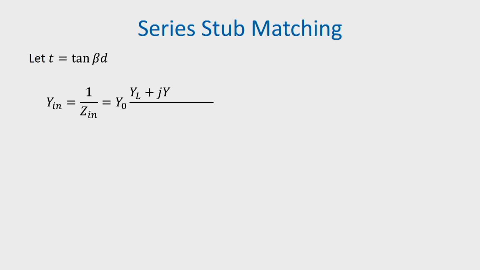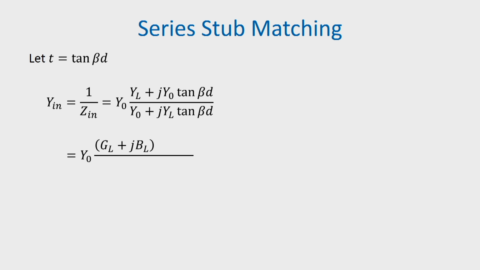So, therefore, we can now write Yin, which is 1 by Zin, to be equal to Y0 (YL plus jY0 tan βD) divided by (Y0 plus jYL tan βD), and we substitute t for tan βD and we substitute YL equal to GL plus jBL, and then